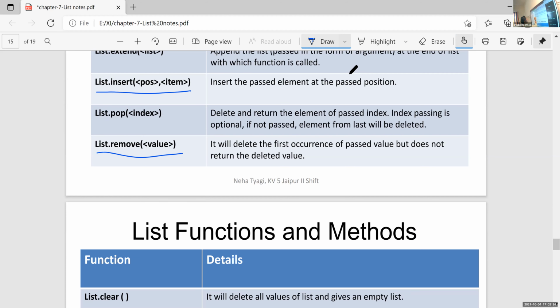Remove is also used for deleting one element, but it will delete the first occurrence of the given value, but does not return the deleted value.